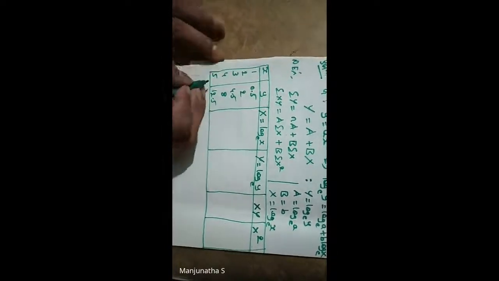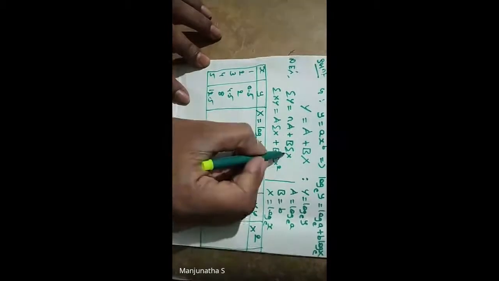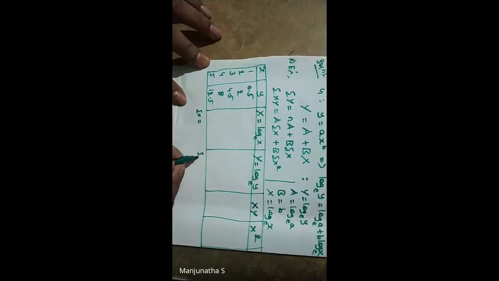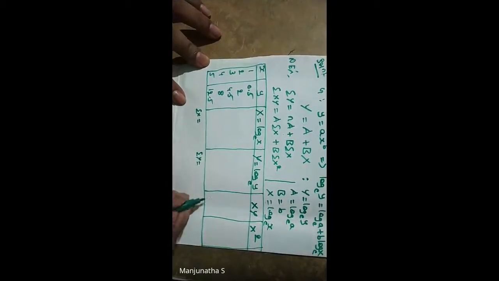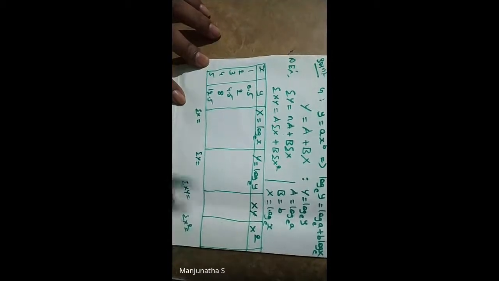So this value we don't need. Summation of small x value we don't need. But we need summation x, so that will get here. Summation x is equal to, will get here. Then summation y is equal to, will get here. And this one, summation xy is equal to, will get here. And then summation x square will get here. Okay. So these values we will write now.